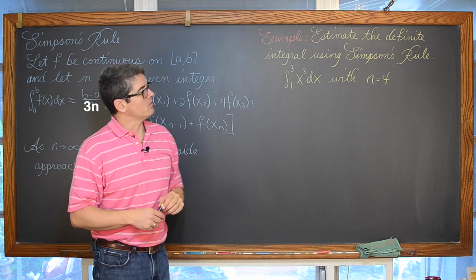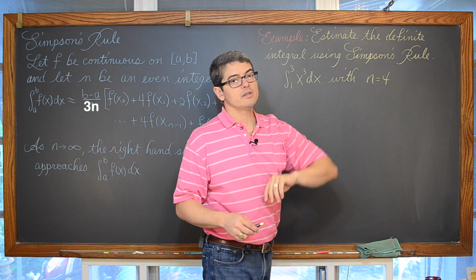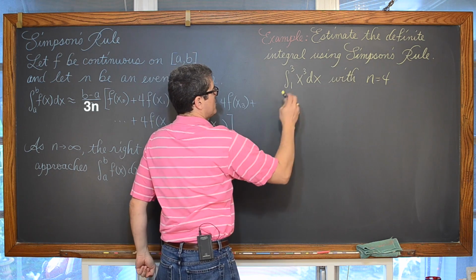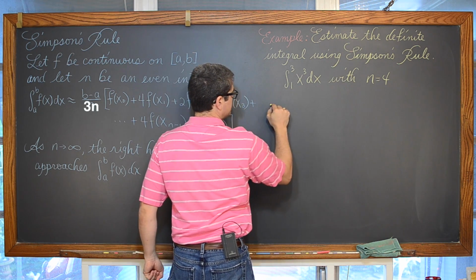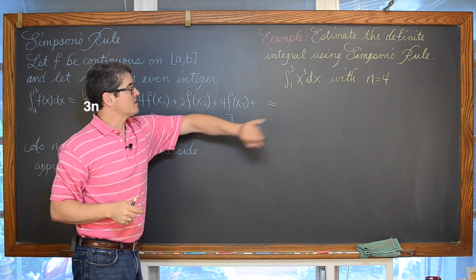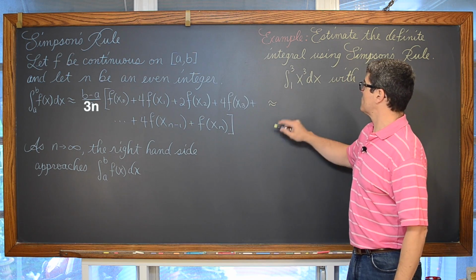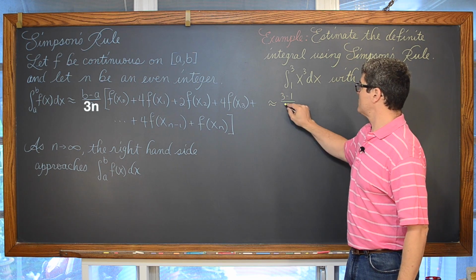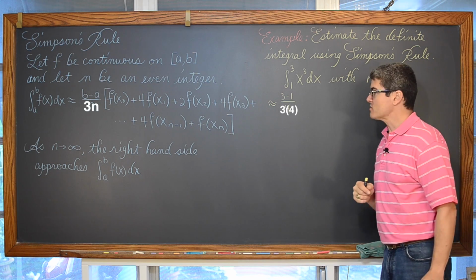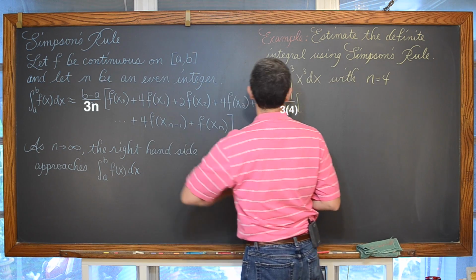Estimate the definite integral using Simpson's rule, and we're going to do again the definite integral from 1 to 3 of x cubed dx with n equal to 4, using Simpson's rule as opposed to the trapezoidal rule. So this is approximately equal to, what do we have here? (b minus a) over n. So that's going to be 3 minus 1 over n, which again was 4 subintervals. You'd have a problem if that was 5. We couldn't do it with Simpson's rule, though we could with the trapezoidal rule, times f of x sub 0.